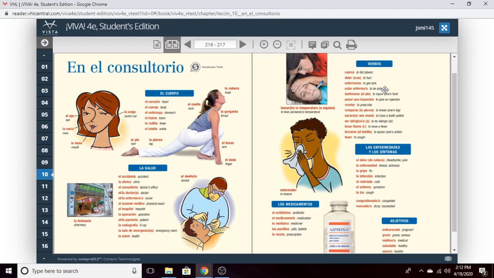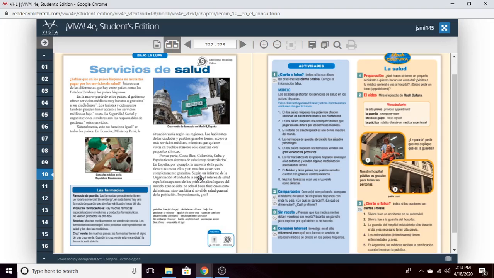This talks a little bit about health services. This is a very topical issue. Pretty much every country in the world, including, as far as I know, all Spanish-speaking countries, has a sort of public health system, meaning healthcare is free to low to no cost. In the United States, we have a largely privatized health system, meaning healthcare is very expensive, and in most cases, you have to have insurance to pay for it.